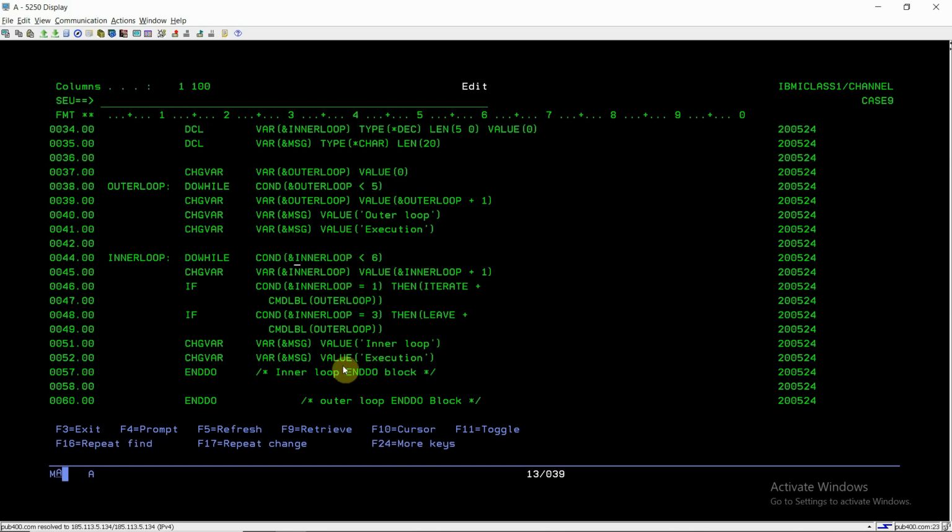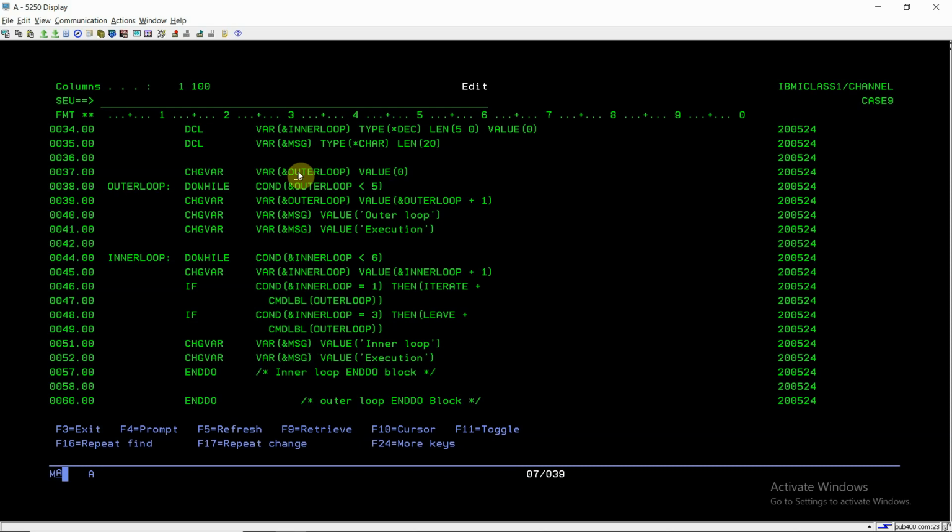So it will process for outer loop value 2 and inner loop value 2, and then it will become 3, and for 3 it will leave the outer loop. So there is no processing after that.